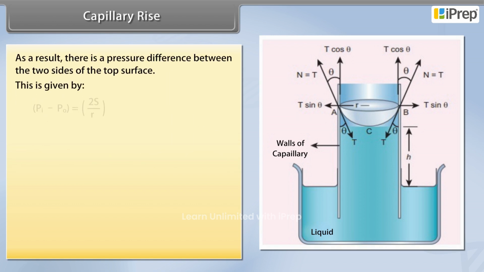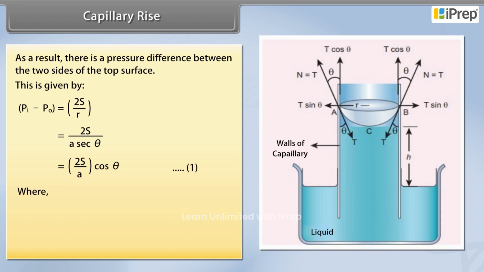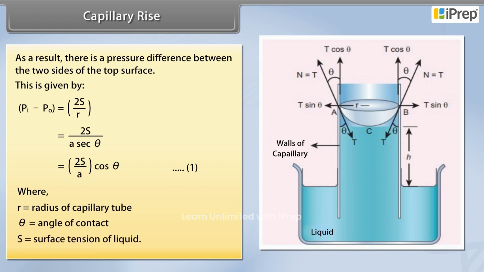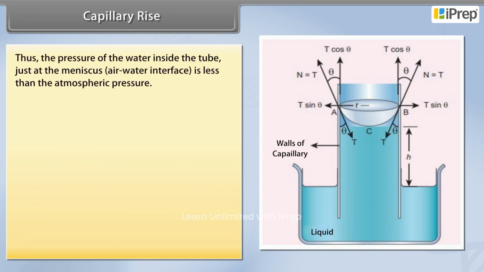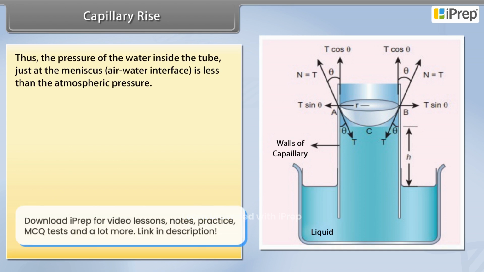This is given by Pi minus Po is equal to 2S upon R, which gives 2S upon a sec theta, which gives 2S cos theta upon a, equation 1, where R is equal to radius of capillary tube, theta is equal to angle of contact, S is equal to surface tension of liquid. Thus, the pressure of the water inside the tube just at the meniscus air-water interface is less than the atmospheric